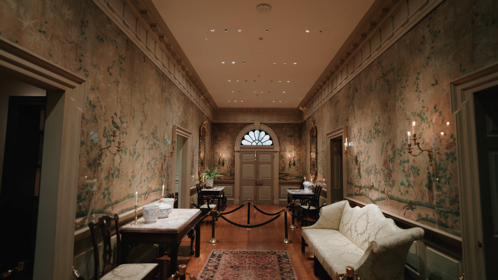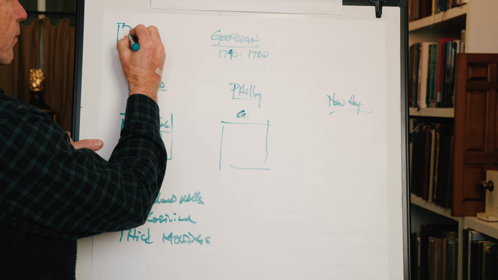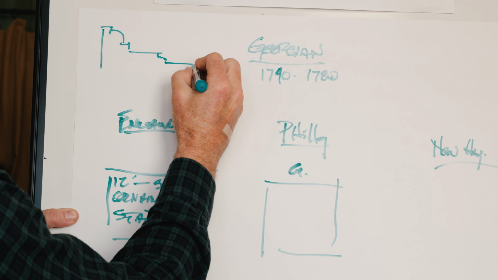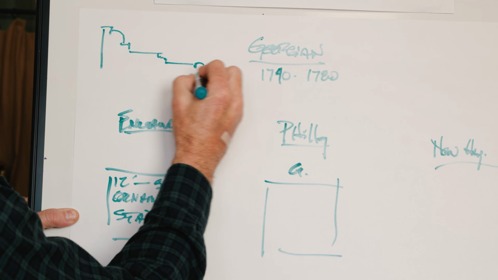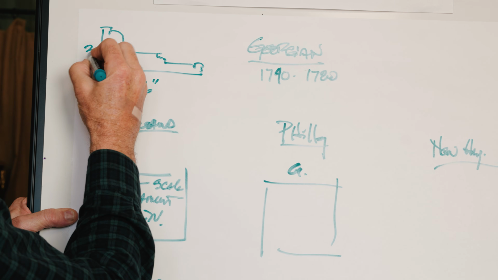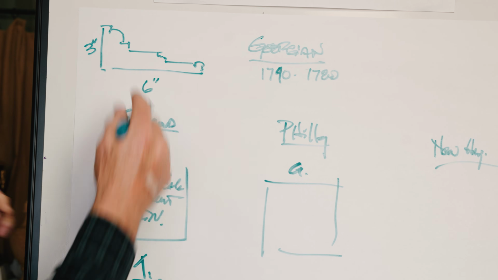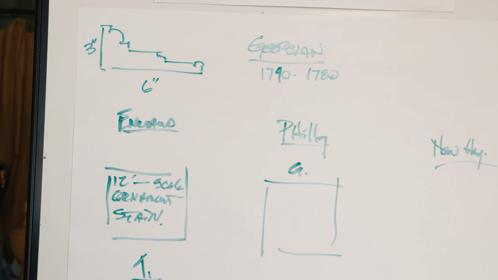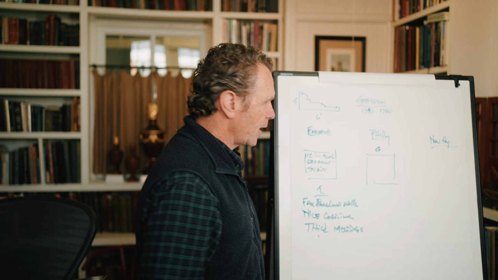And that door casing might have a big band at the top, come down, be a little ogee there, and then maybe a bead on the outside. Where this molding might be 6 inches wide, 3 inches tall, right? So a big, hefty molding. Realize that to get a door casing that's 1.5 inches today is a big molding today. So 3 inches by 6 inches is a big door casing, and that's what I mean when I talk about thick moldings,